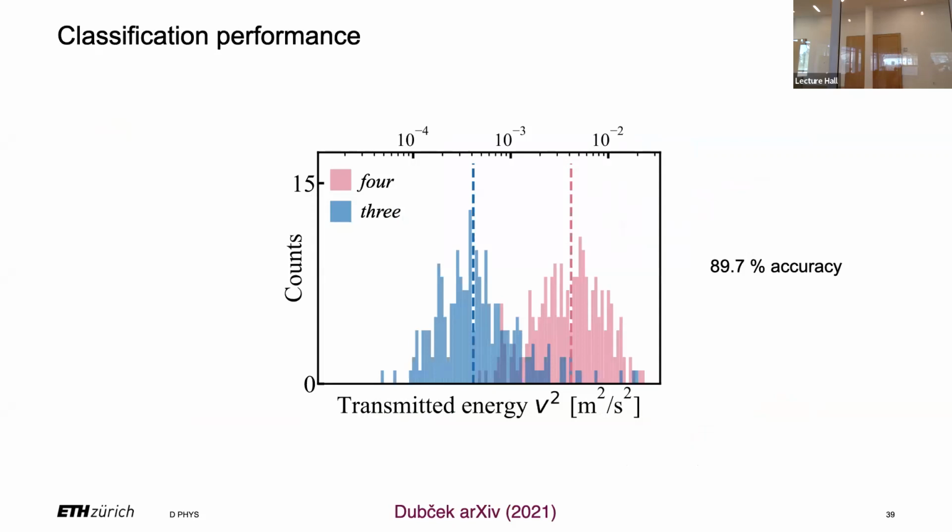So you measure the transmitted energy to that central site, and the blue are all the 3s, and the red are all the 4s. And you see that you have a binary classifier, like a neural net that does a binary classification, or any other classifier. It's a binary classifier that has an accuracy of 89.7%. If you go to NeurIPS and present your best machine learning algorithm to do a classifier between cats and dogs, they laugh at you with this performance. But it's a performance that shows it can be done.